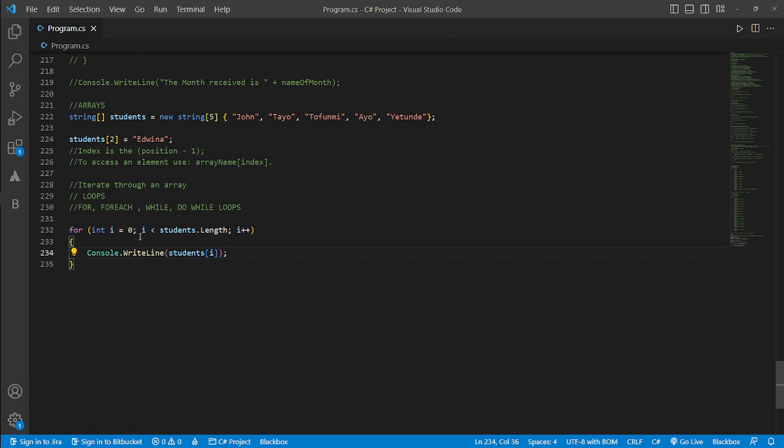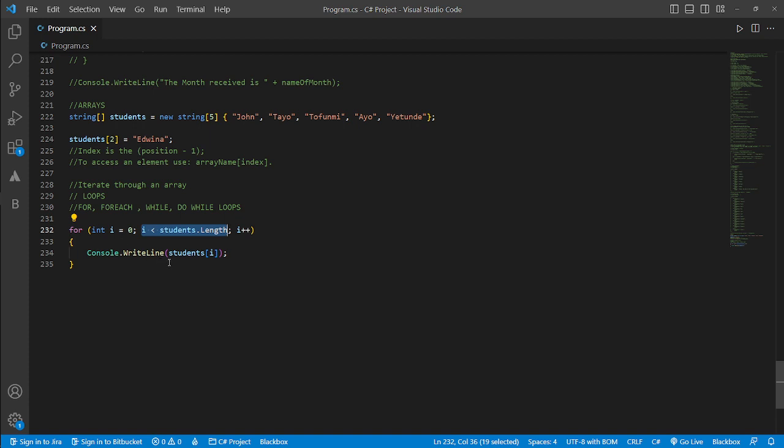It's called a loop, meaning it goes through the first, then starts again, goes through the second, does it again, goes through the third, and again and again until it has gone through all the conditions. In our case, the condition is when the index is less than the length of the